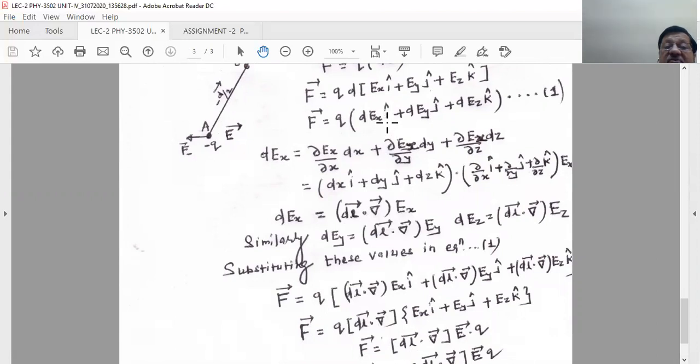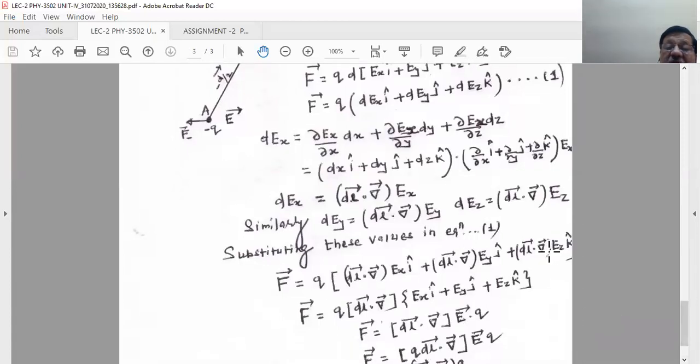So vector i, I have to write down this vector i. Then dEy is equal to dl dot del into Ey. You can see here I write down dl dot del Ey, this is basically dEy, and vector j is here. This vector j is remaining as it is, and I simply put the value of dEy. You see I have this dEy value here. This value I'm keeping here, and similarly,